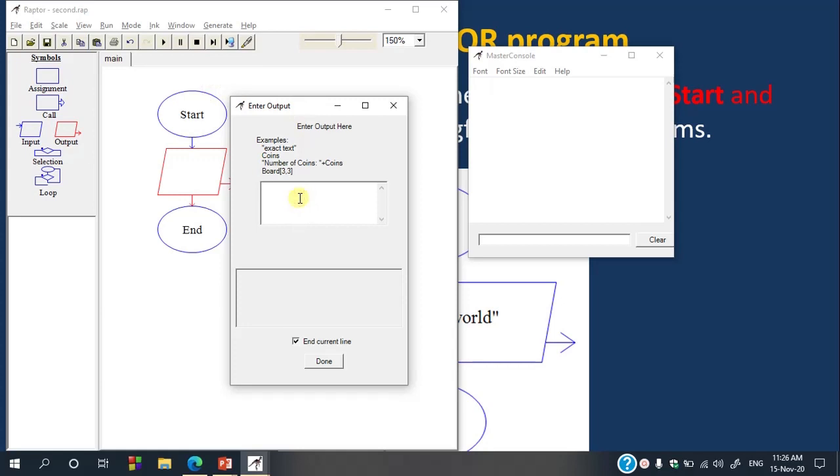For example, let us say, and the message should be inside the double quotes, in between the double quotes, hello world. So whatever message you would like to display onto the console, that message should be inside double quotes. If you enable the checkbox, it will go to the next line after printing this message. Okay,